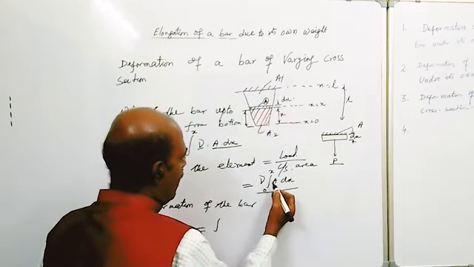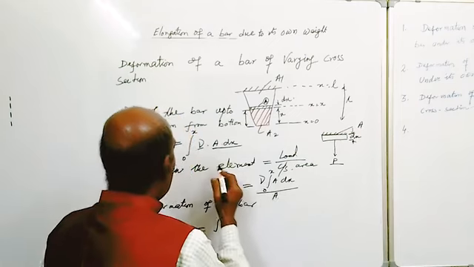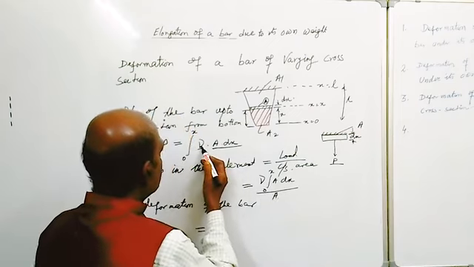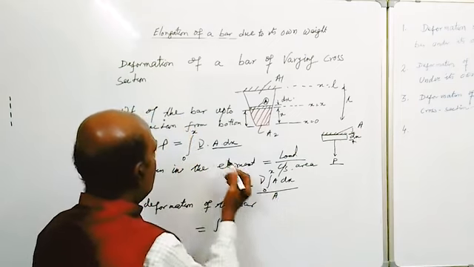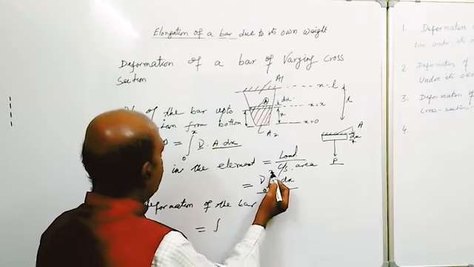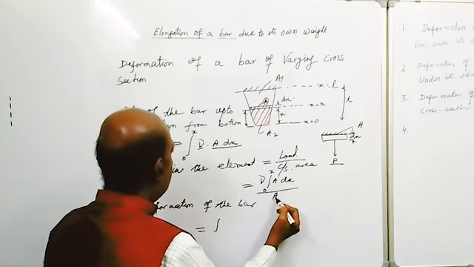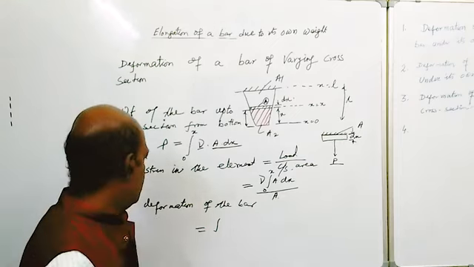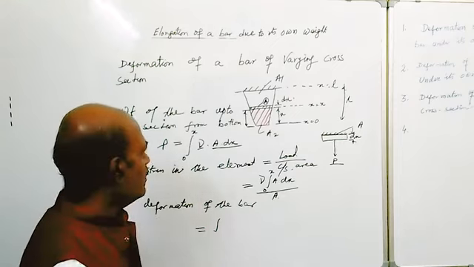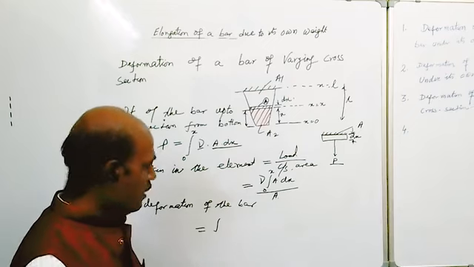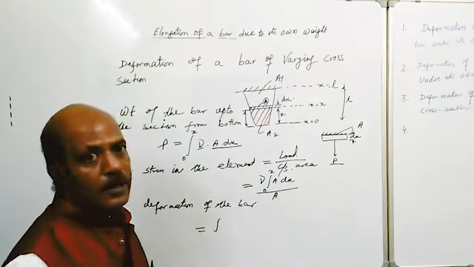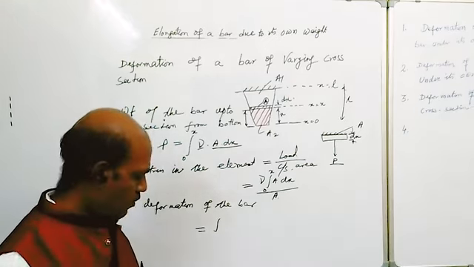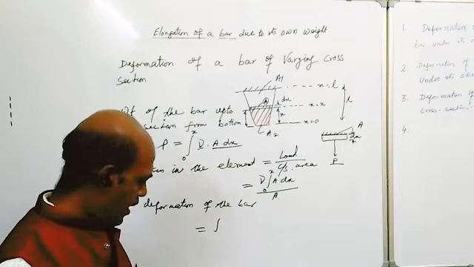So gamma is a constant term, it will come out. So gamma integration 0 to x A into dx by A. That is the stress developed in the element. Now due to that there will be some deformation produced in the element, and the total deformation produced in the element is given by,